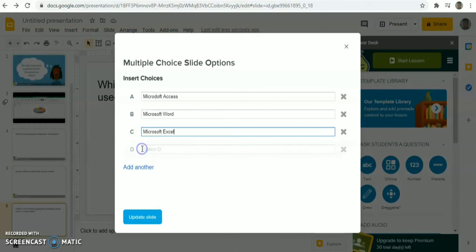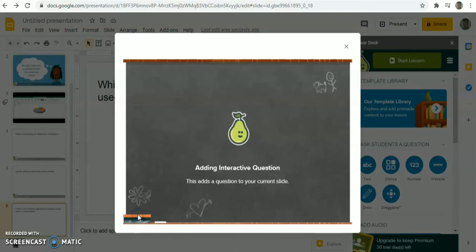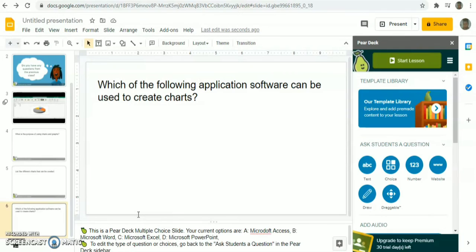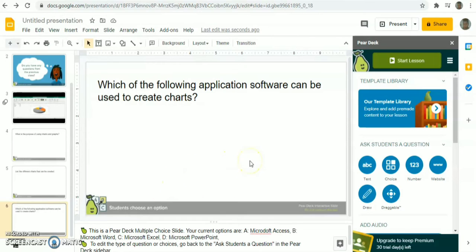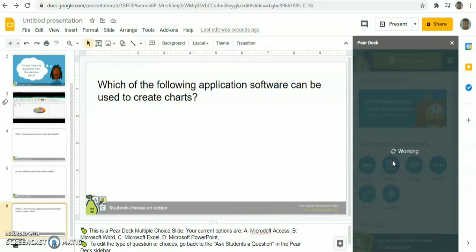And I'm going to add another option, Microsoft PowerPoint. All right, and I'm going to select Update Slide. All right, so there you go. We have a different question, a multiple choice question. So from the student screen, they will see,